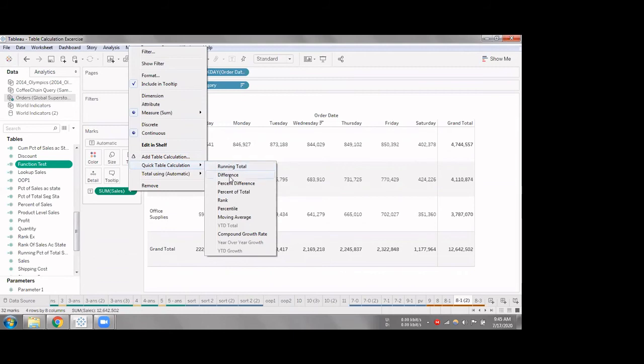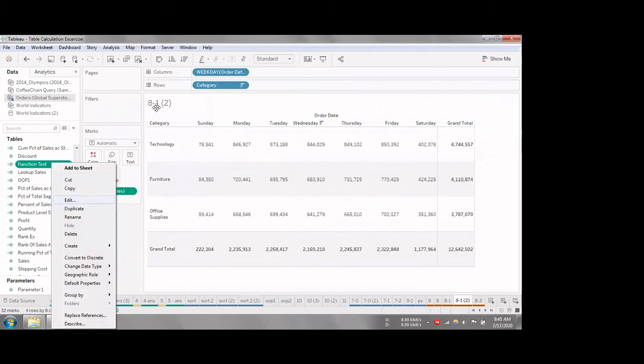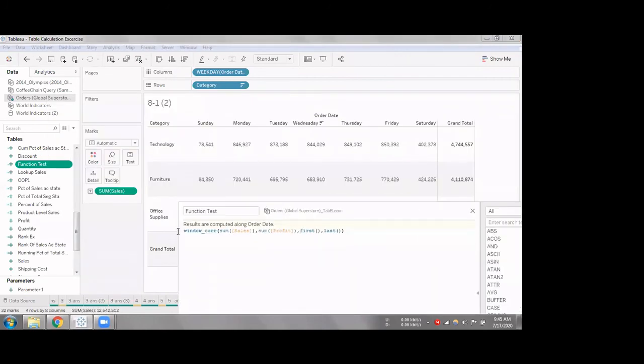So now let's say we want to take the difference. Now how will you take the difference? Let's go across the table, across. I just want to calculate the difference of the current value from the previous value. So for example, for Monday, I want to get the difference of sales of Monday from Sunday. So Monday minus Sunday. I know that all I have to do is, when I am in Monday, get the value of Sunday to subtract it from the Monday value.